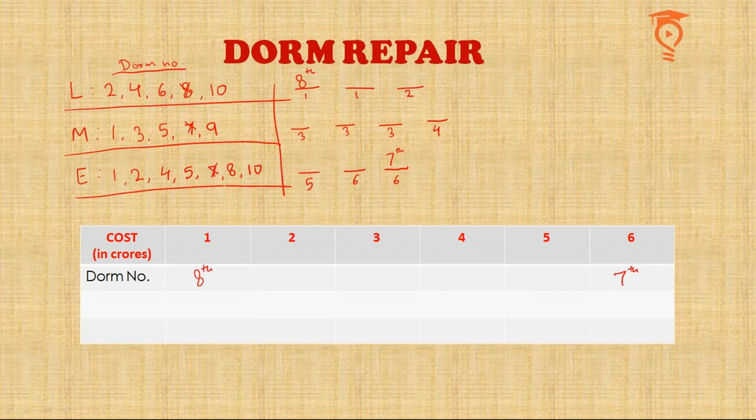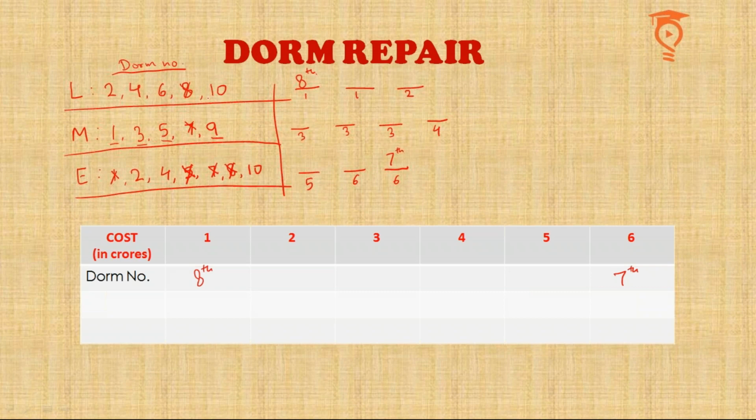Now we know that among the moderate ones there are 4 DOMs, and in the list there were 5, and we have already struck out 7. That means these are the 4 which need moderate repairs. So 1, 3, 5, and 9. So I'm going to remove 1, 3, 5, and 9 from the other lists because they are now confirmed among the moderate repair ones. Now we have closed down to 2, 4, and 10.